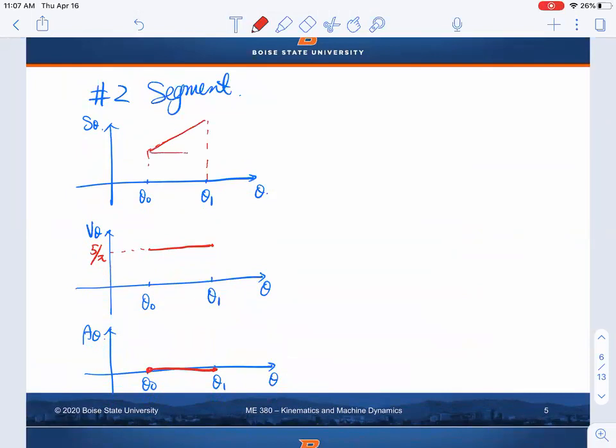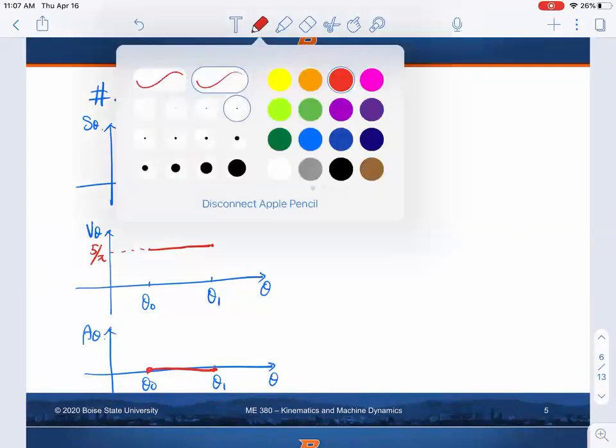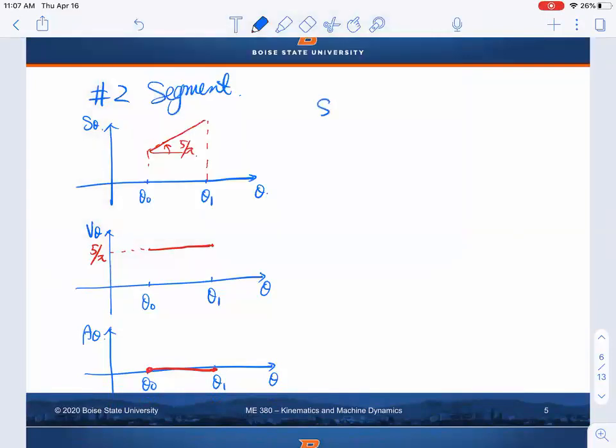And then the slope here is 5 over pi, right? That means your S theta, in this case, can be written as